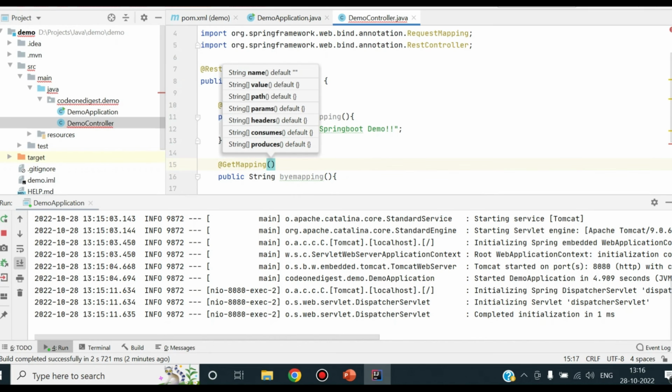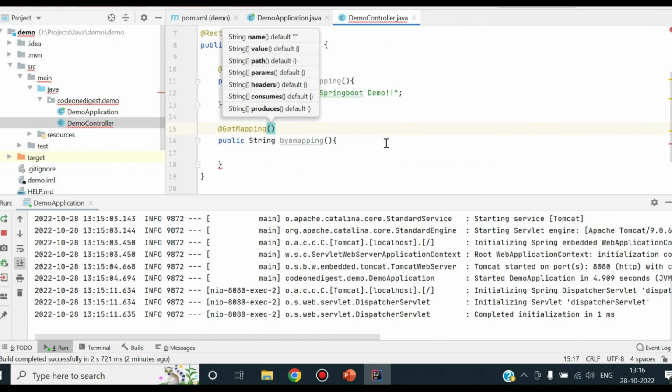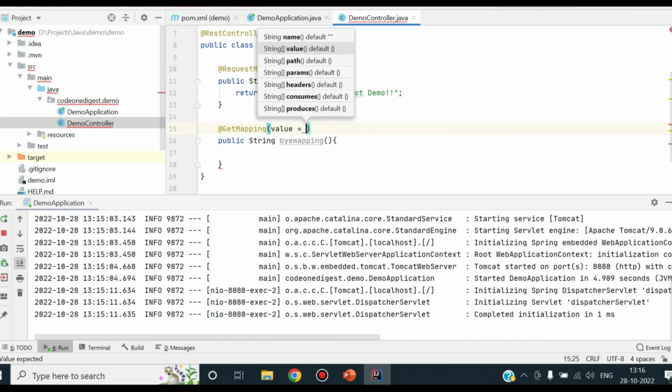So we are saying that GetMapping is for the GET type of request and it has certain parameters like value. So what will be the value of our endpoint? So here we'll say